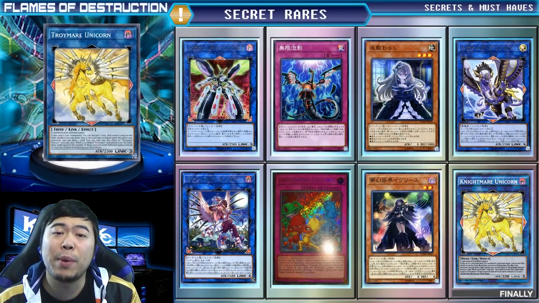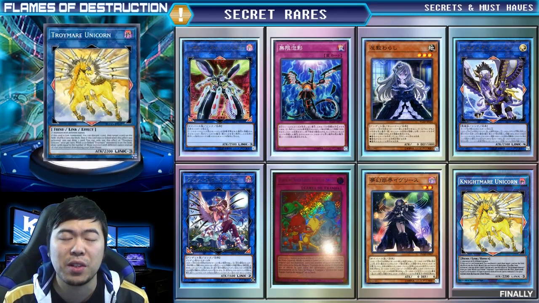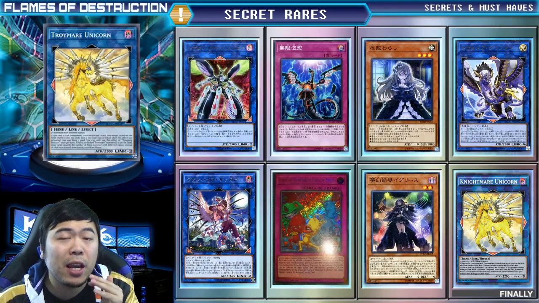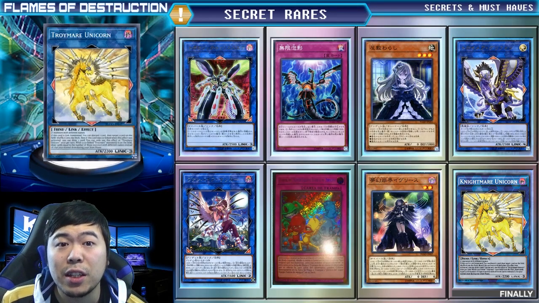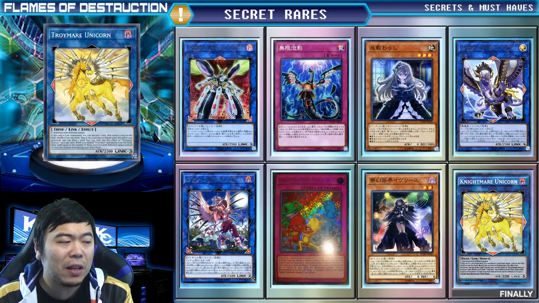Now, discarding is not too bad. Of course, if this card is co-linked, you get to draw a card to replace the card you lost, so giving you a free +1. Now, on top of that, it does carry another effect, which is if this card's co-linked with other Nightmare monsters, instead of